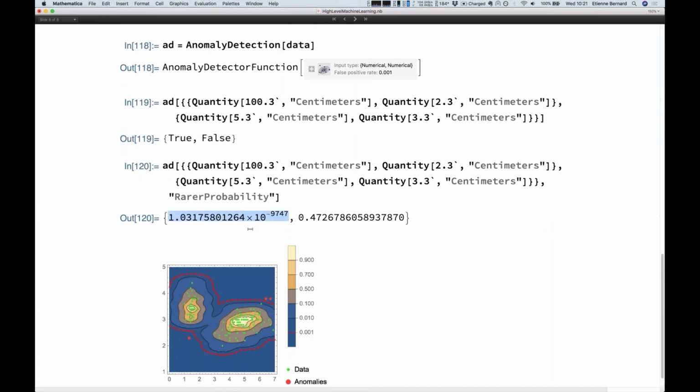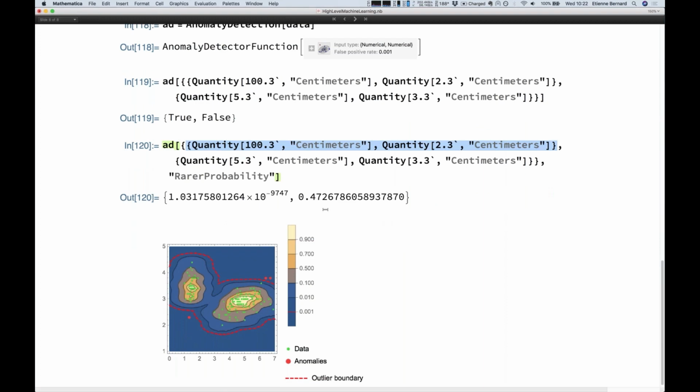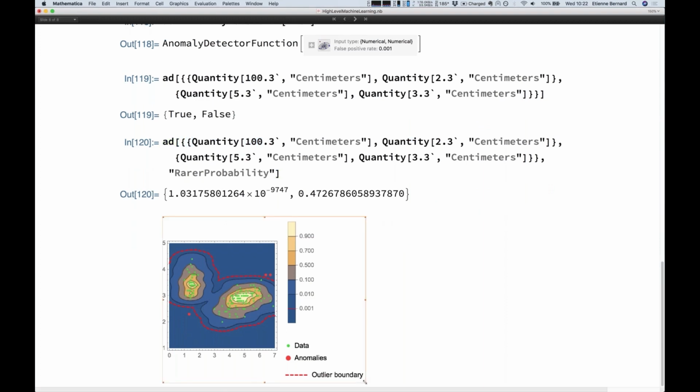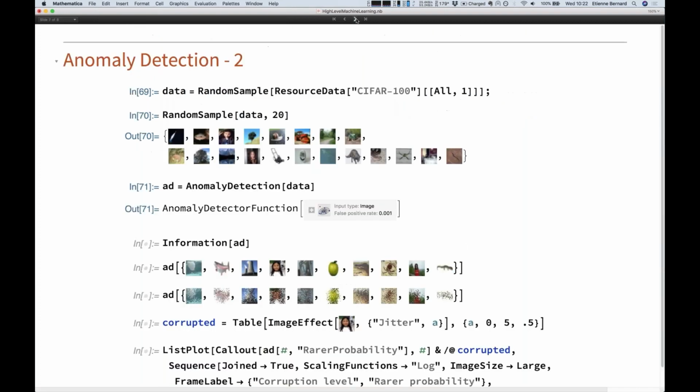Often with true anomalies, you have no problem detecting them, even with a bad distribution. So that's why even if learn distribution is not perfect for your data, it might be enough to find anomalies. Here there's only a 50% chance to have something rarer. Here, there's a really, really tiny chance to have something rarer than this thing. And here is a bit of an example of what this outlier boundary would look like. So anything over there should be considered anomalous, and anything here will be considered non-anomalous.